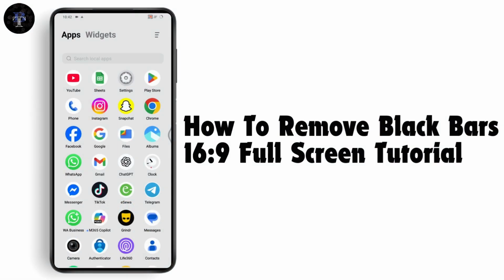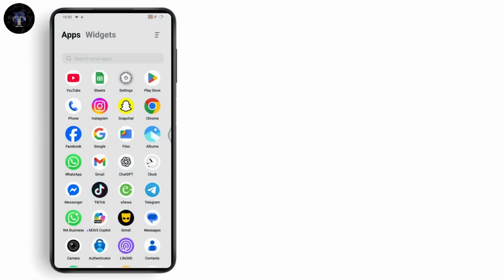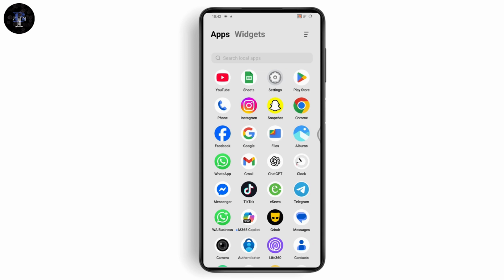How to remove black bars 16:9 full screen tutorial. So if you want to remove the black bars from 16:9 full screen, then what you need to do is